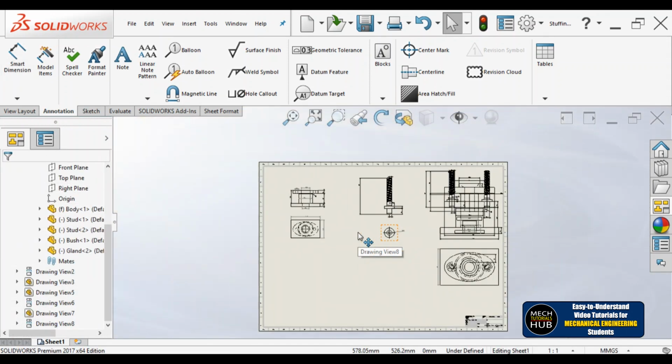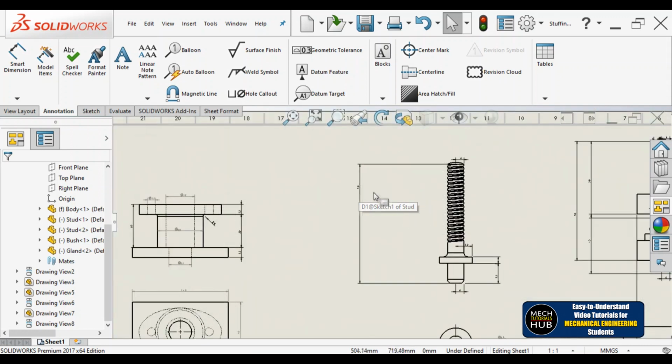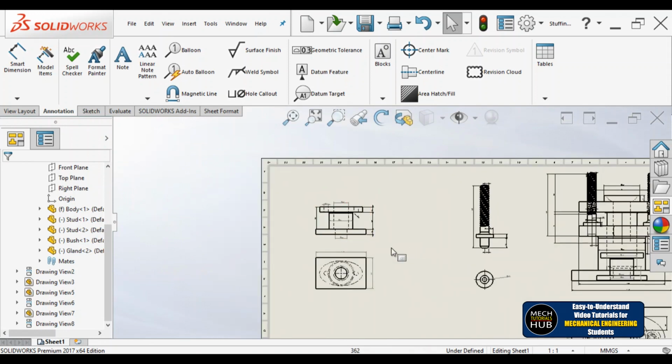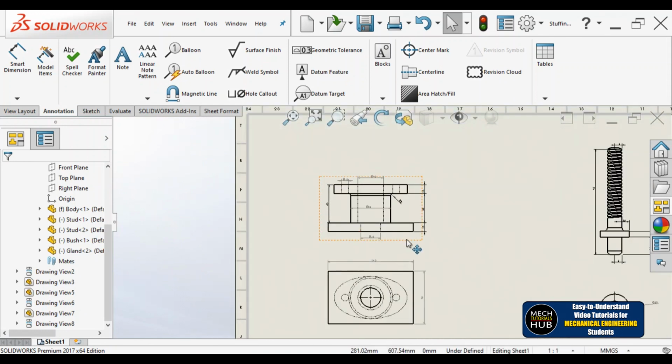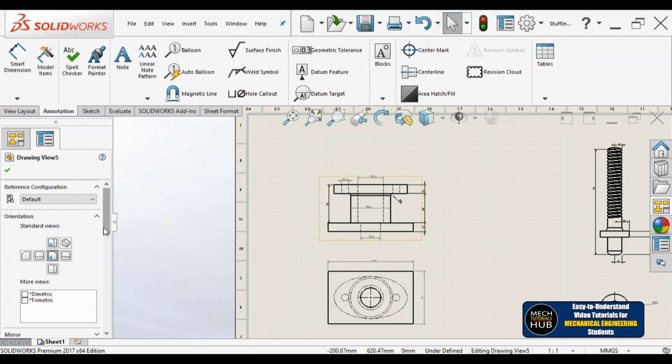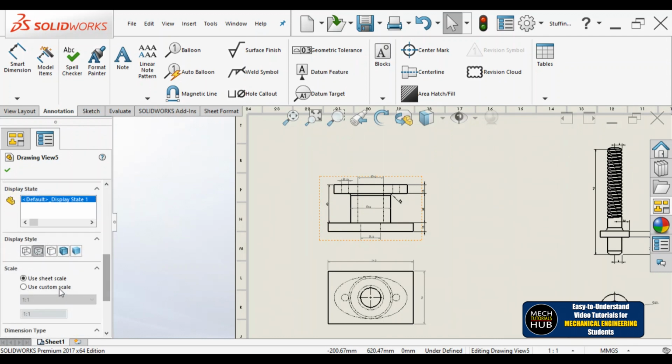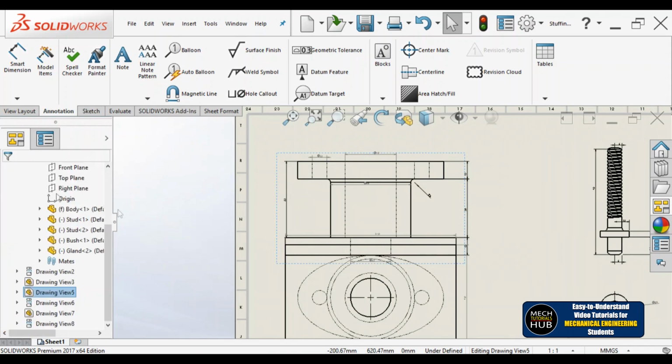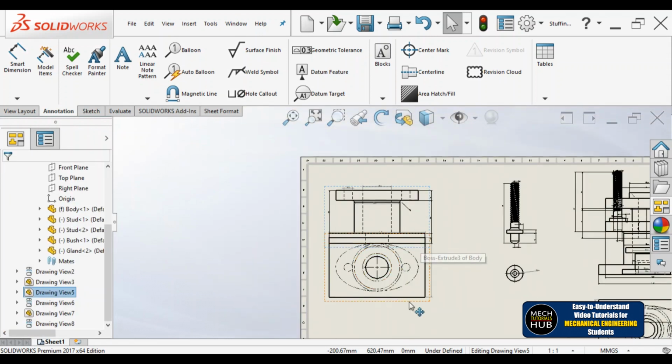It is 24. Done. For your understanding I kept it. Let me take this dimension nearby. Got it. Alright, this is how a stud is placed. Okay, 2 parts done. So if you want to increase the size of this particular body, even that can be done. Custom scale, go to 2:1 ratio, say okay to this.